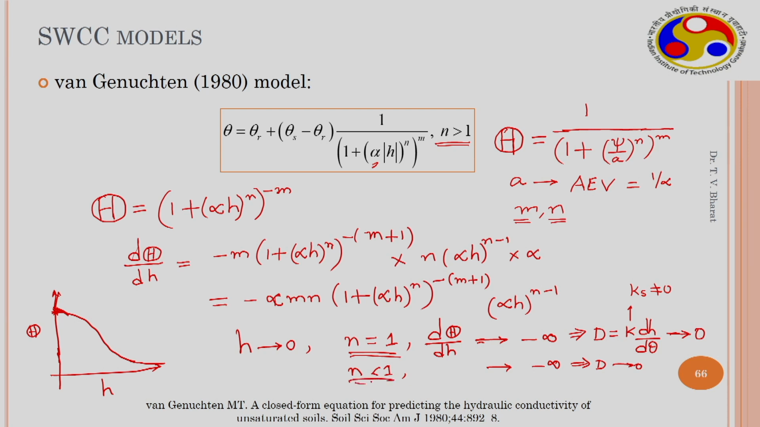If n is greater than 1, then this whole expression is well defined. Therefore, generally n is restricted to be more than 1 in this particular model. So the Van Genuchten model is very well received, and the work by Van Genuchten in 1980, this particular journal paper,